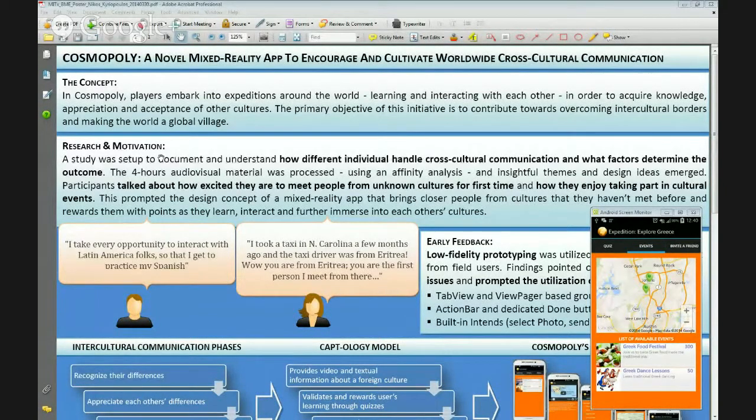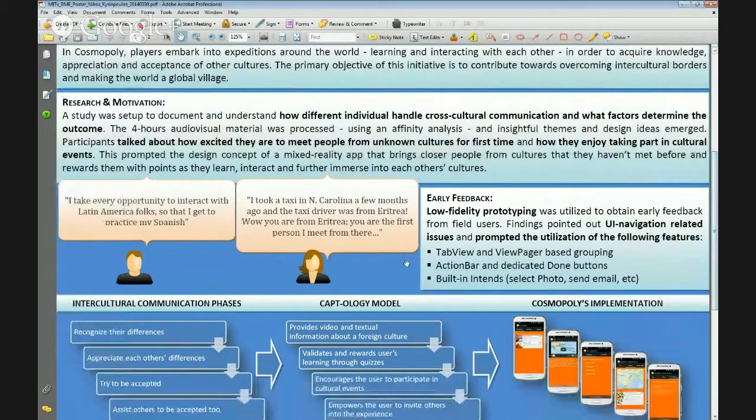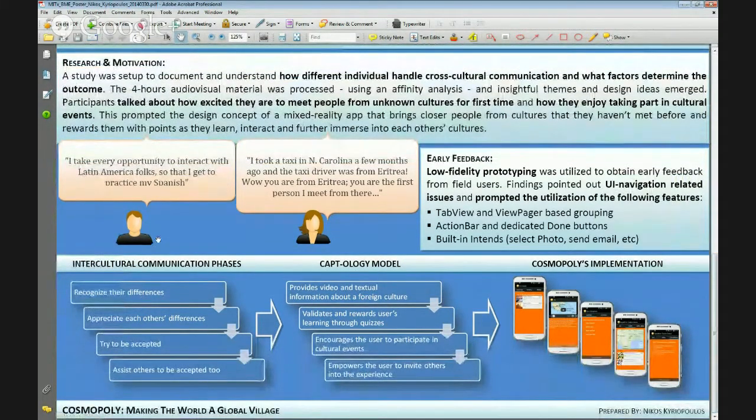is an application that facilitates cross-cultural communication, following the paradigms from sociology and applying them in a persuasive technology approach. You see here how social interaction, intercultural social interaction proceeds, and how we translate that into a more gameful